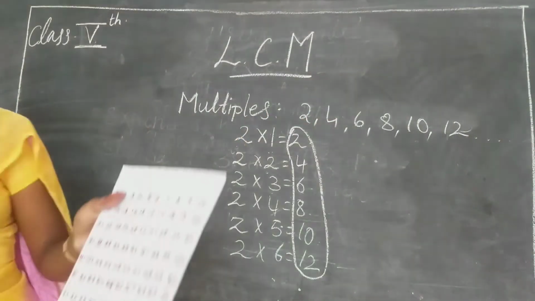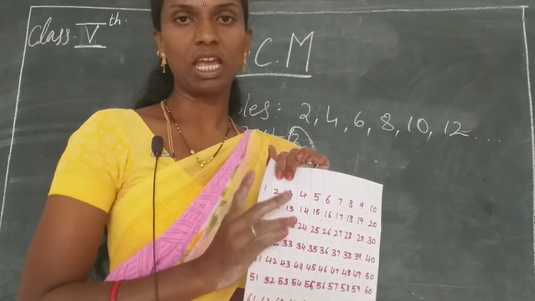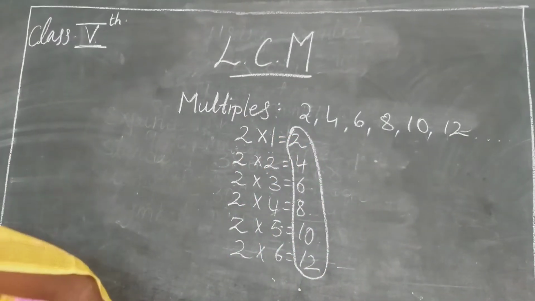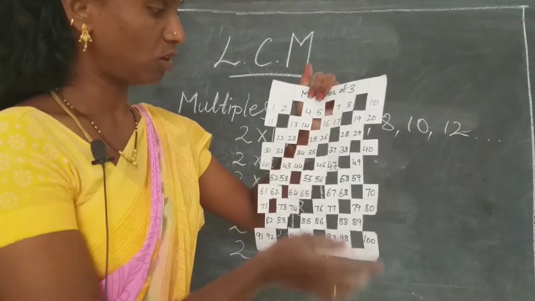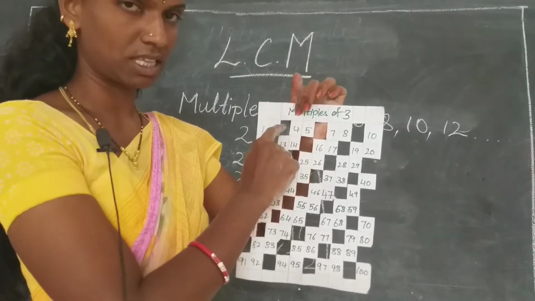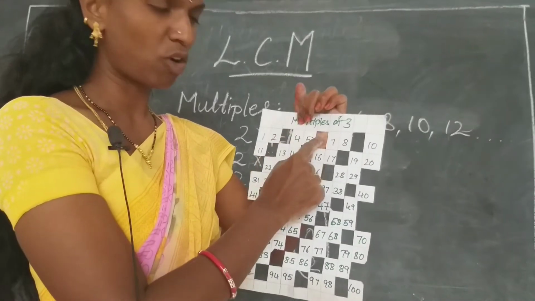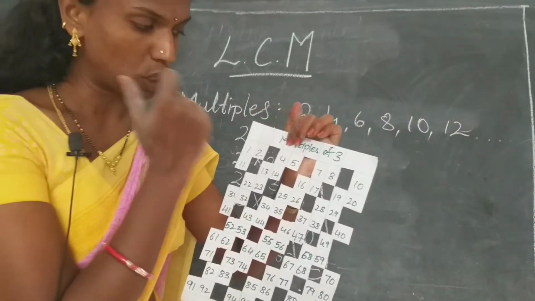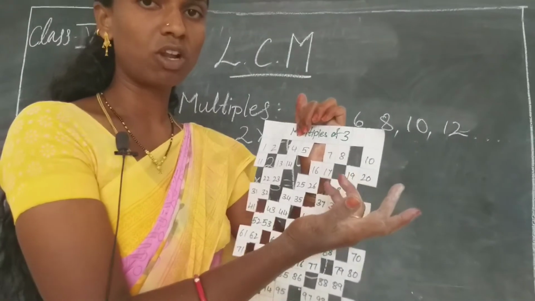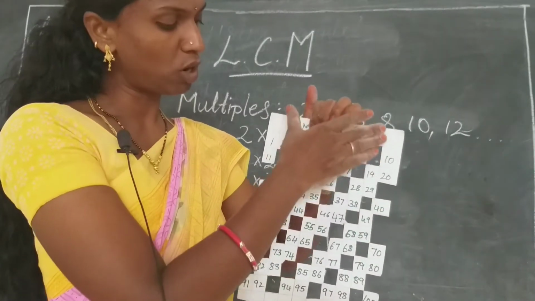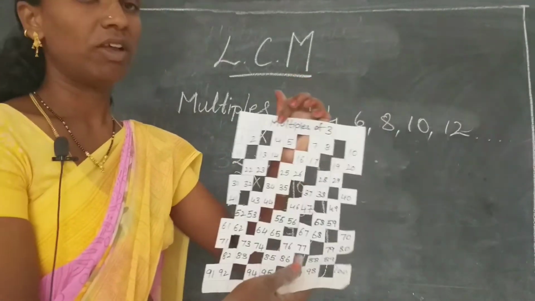Now I will remove all the multiples of 3 from this chart. So here you can see I have removed all the multiples of 3. Here 3 is a multiple of 3, so I removed 3. Here 4, 5, after 5, 6 should be there. So what is 6 here? 6 is a multiple of 3, so I have removed it. 7, 8, after 8, 9. So 9 is what? A multiple of 3, so I have removed it. So what did you observe from these? I have removed all the multiples of 3. Okay, we will put this aside.